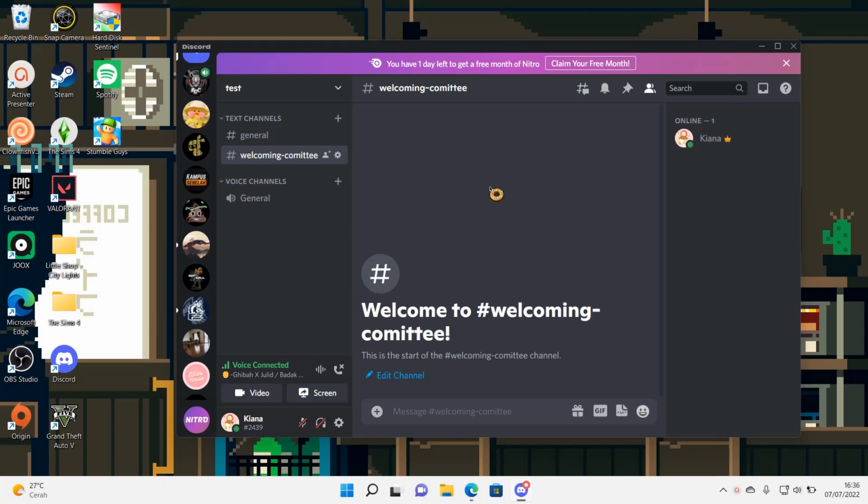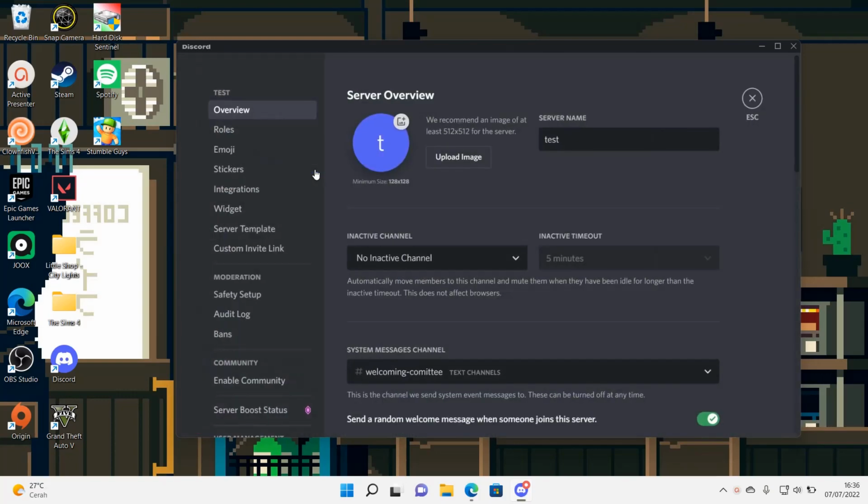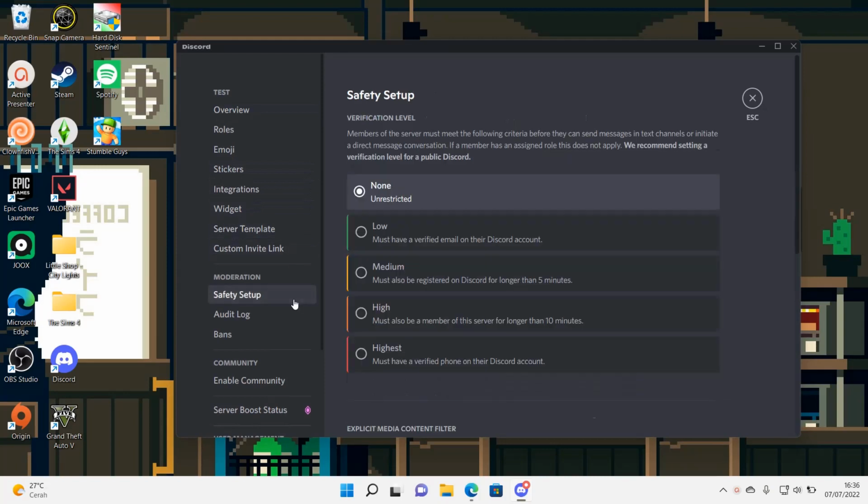In this video I'll be showing you guys how you can make your Discord server more of a safe place. So go to settings, server settings, and then go to safety setup. Here, members of the server must meet the following criteria before they can send messages in text channels or initiate a direct message conversation. So as you can see, this server is unrestricted, but you can click